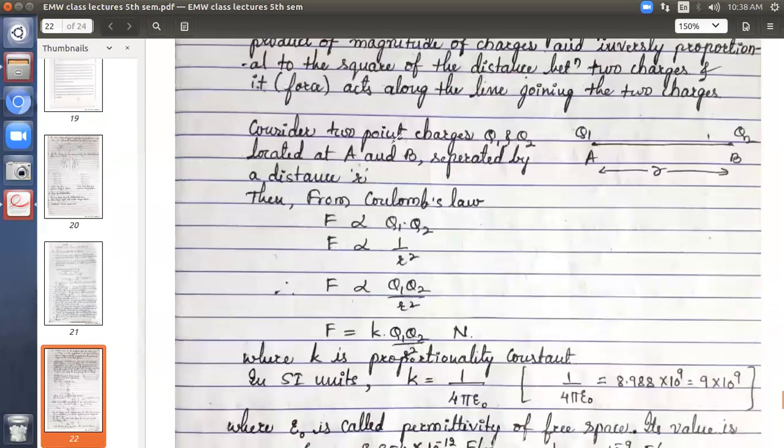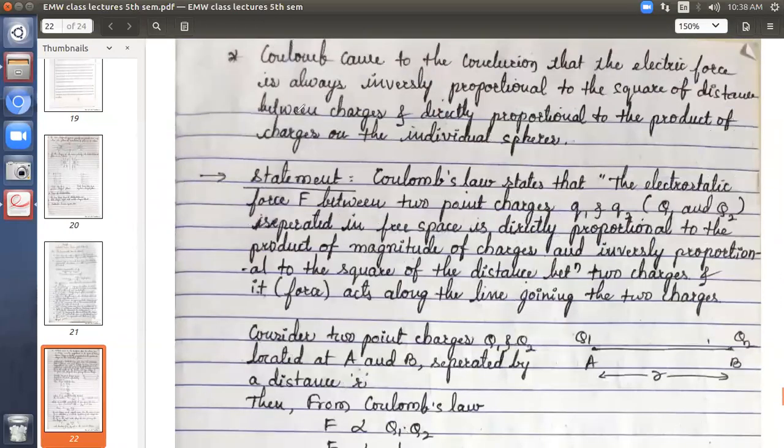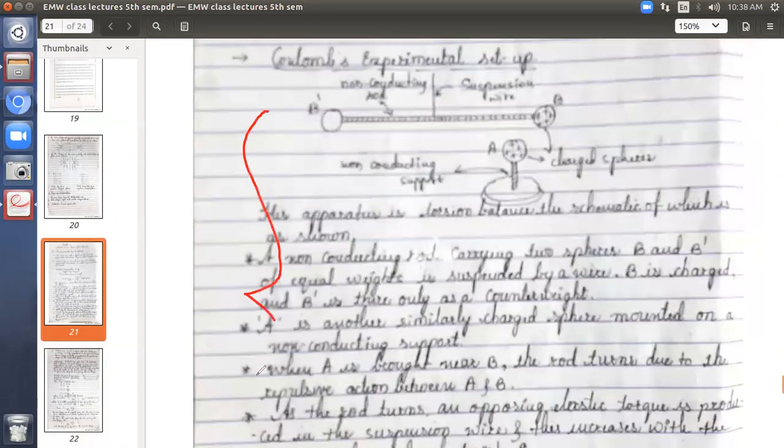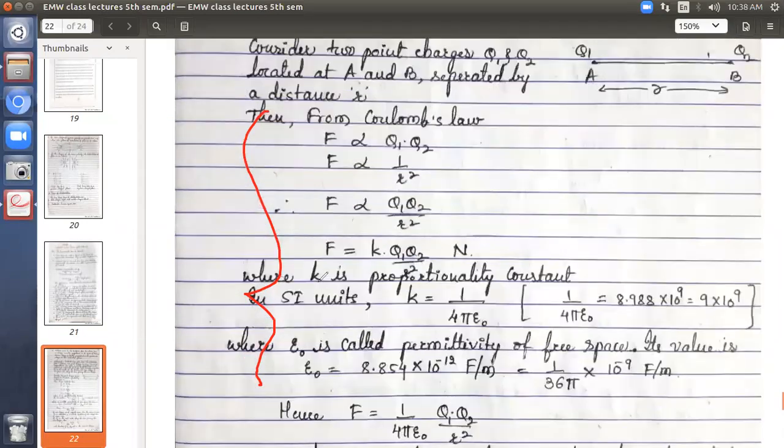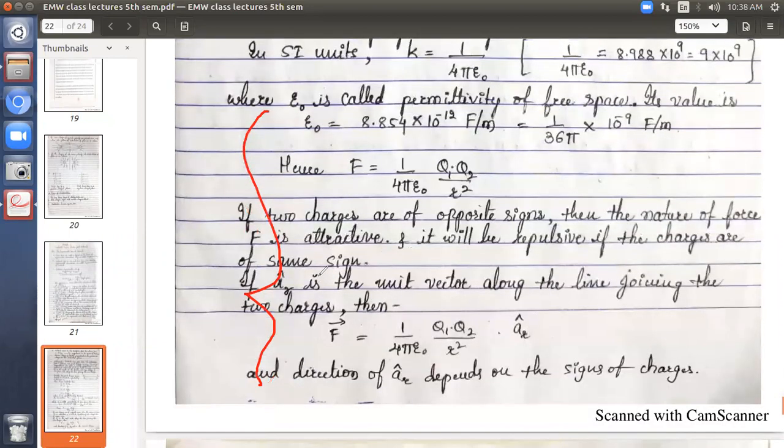Now, this is about Coulomb's law, the experimentation, what he did. This is the experiment he did, then this is the statement, and then this is the equation. So if the question is to explain the experimental law of Coulomb, you have to do this much. But if the question is to express Coulomb's law in terms of vector form, no doubt we have got force in terms of the charges and the distance. We have to convert this equation to a vector form. Let's see how to do that.